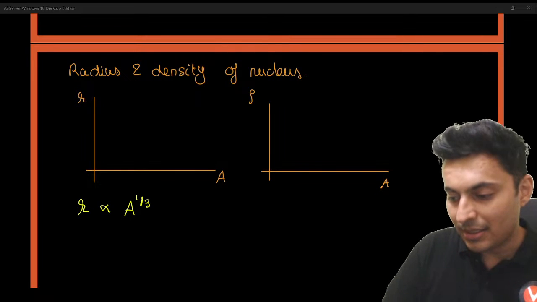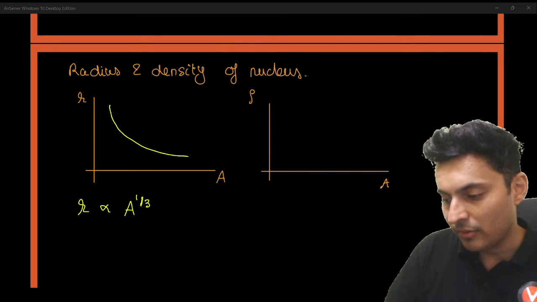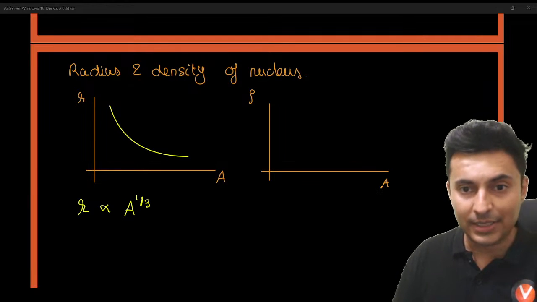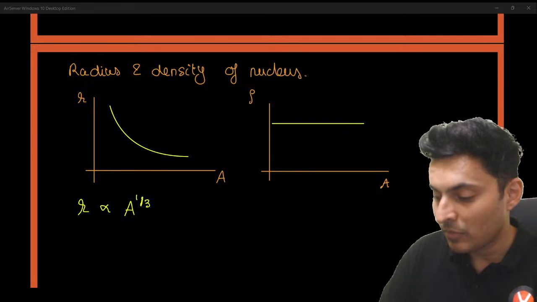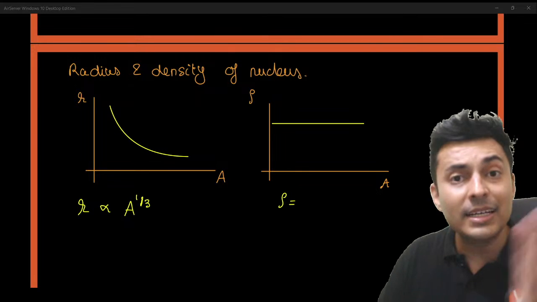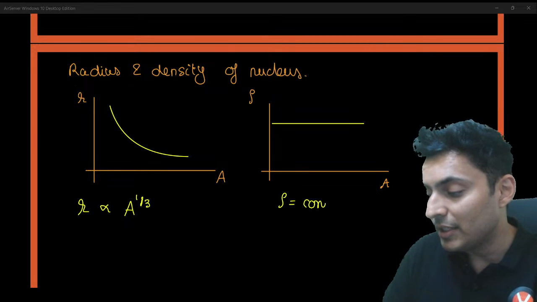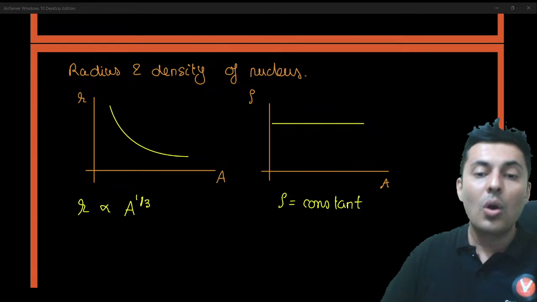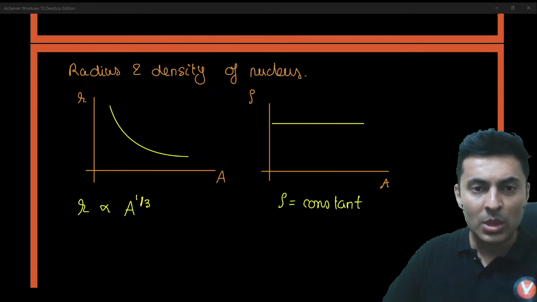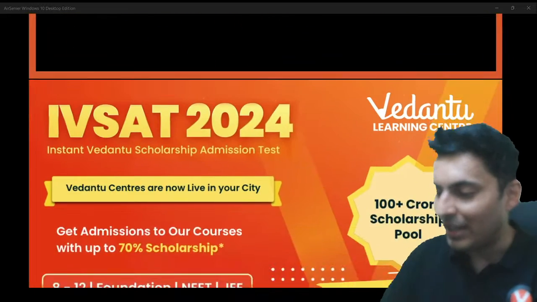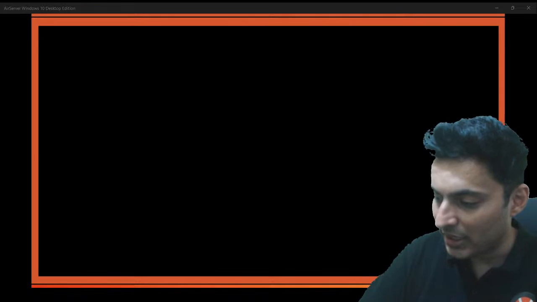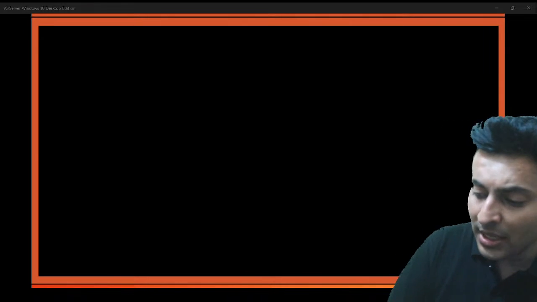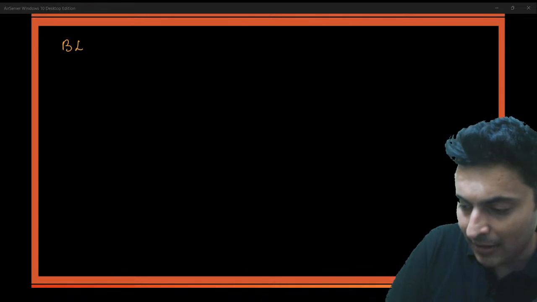That means the graph will be a curved line. But density of any nucleus is constant. Density of any nucleus is independent of atomic mass number. It is just a simple constant. Keep this in mind. There are many questions which have been asked even before. All right. Very good. Next important graph which you must know is binding energy per nucleon